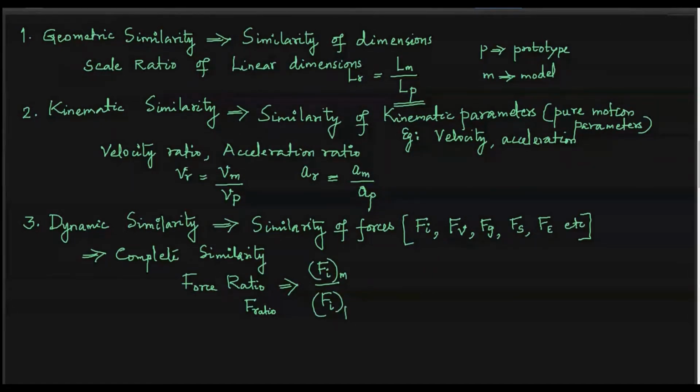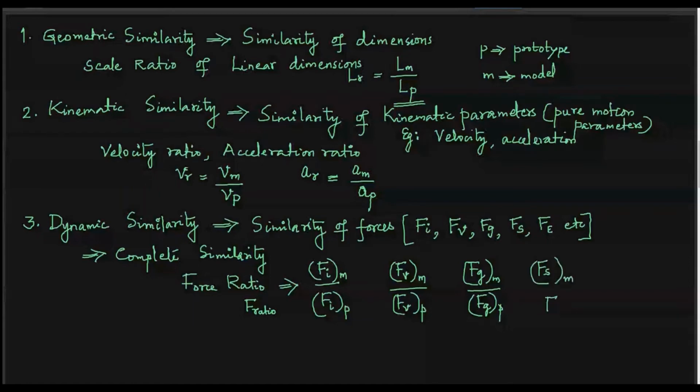Or it can be the viscous force on the model, FV model, divided by the viscous force on the prototype, the gravity force on the model divided by the gravity force on the prototype, the surface tension force on the model divided by the surface tension force